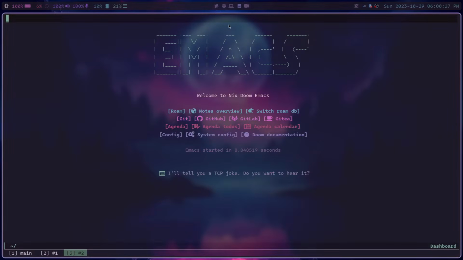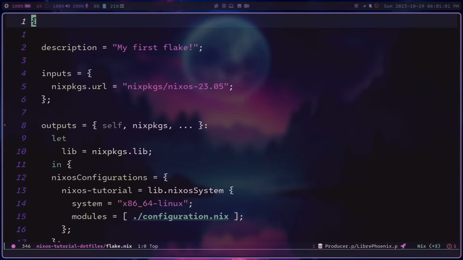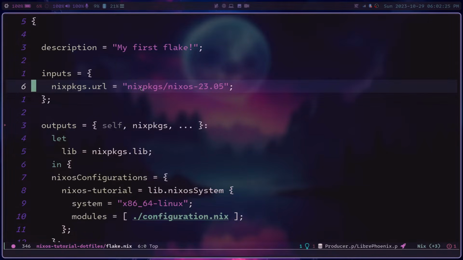Switching back real quick into my host system, I'm going to edit the flake.nix inside of my fully set up Emacs config again so that we can see things just a little bit nicer. So here it is. Here is our flake from last time. In order to incorporate Home Manager into the flake, we're going to need to add Home Manager as an